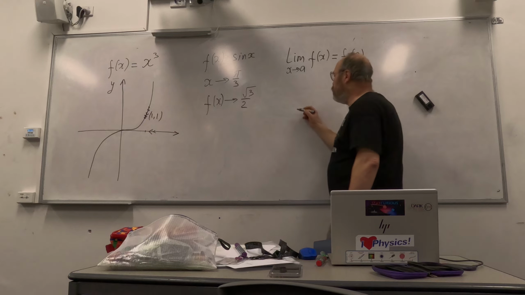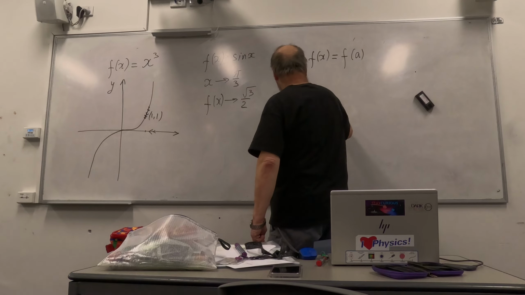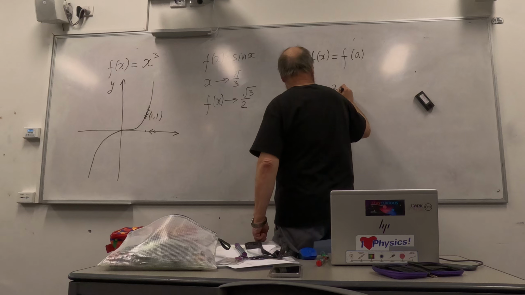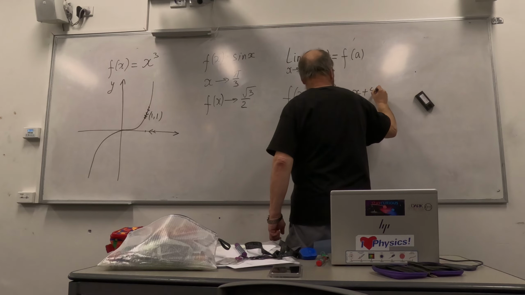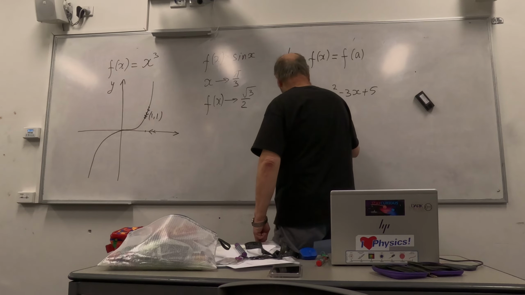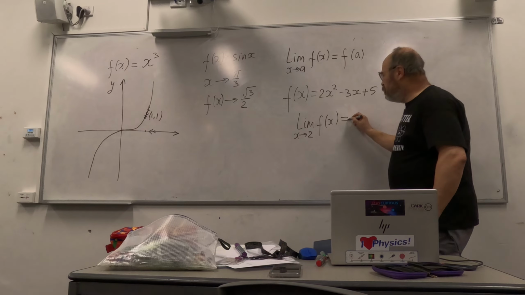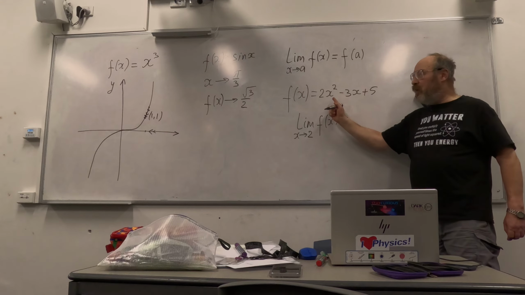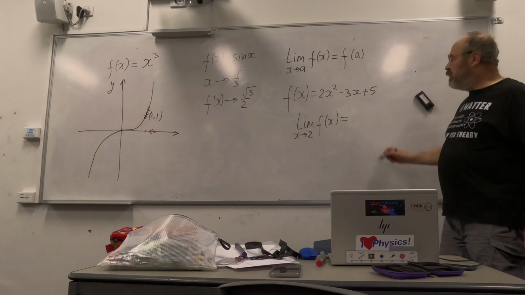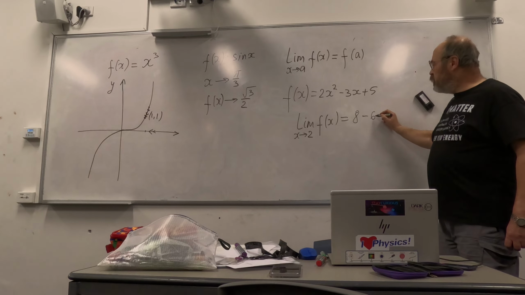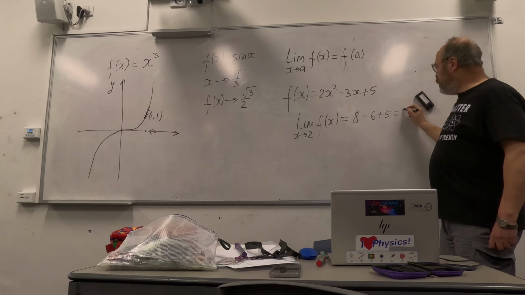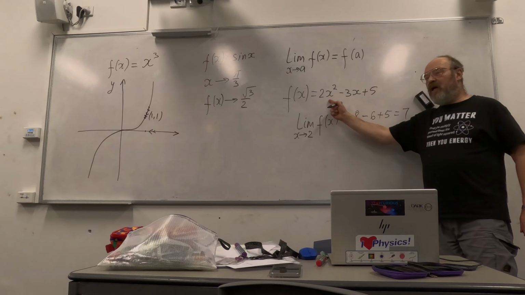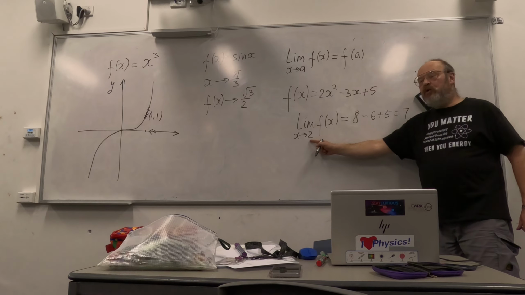For example, let's consider f of x equal 2x squared minus 3x plus 5. So let's find the limit of this function f of x when x approaching 2. How do we find it? We substitute 2 instead of x, so we get 2 times 4, which is 8, minus 6 plus 5 equals 7. So the limit of f of x when x approaching 2